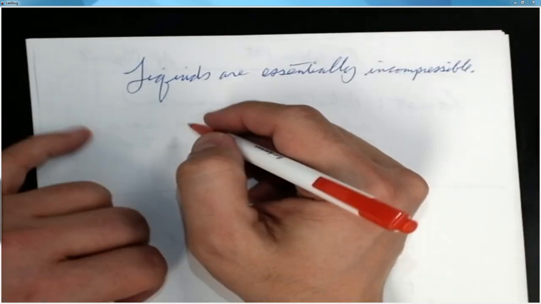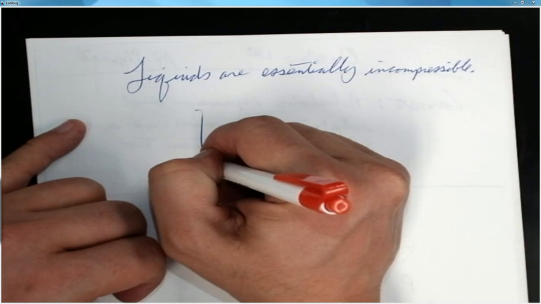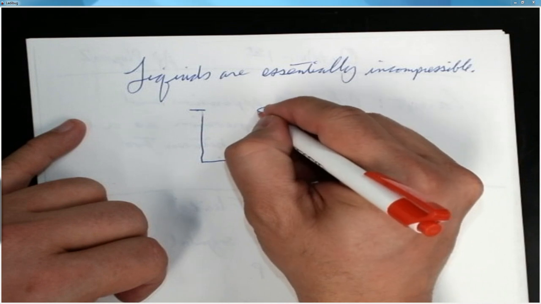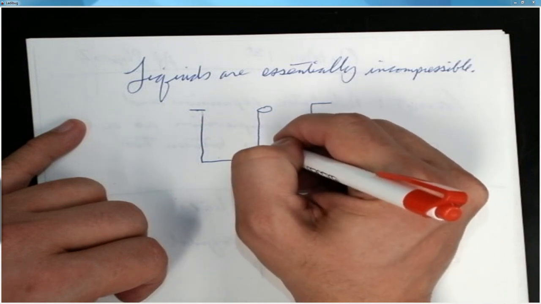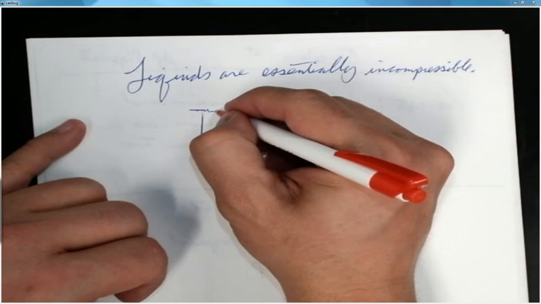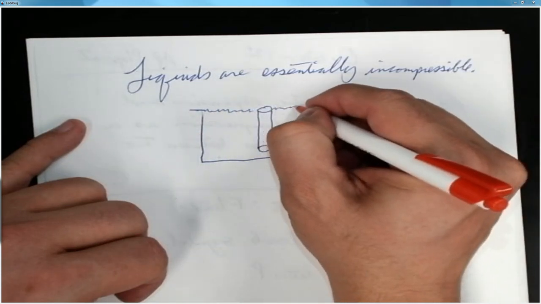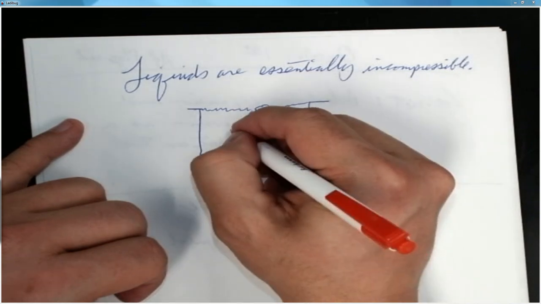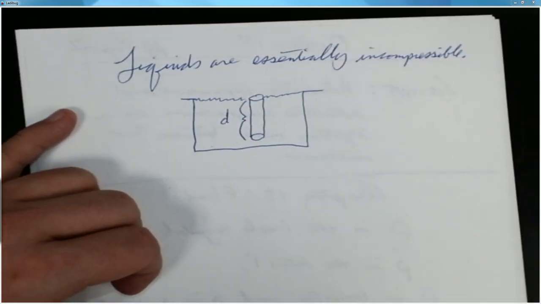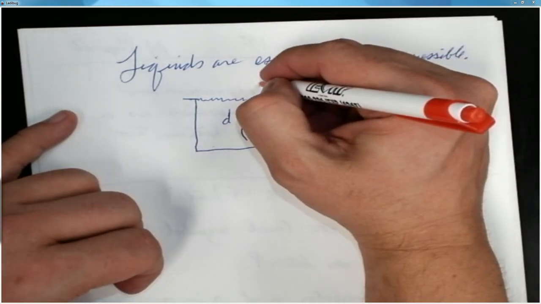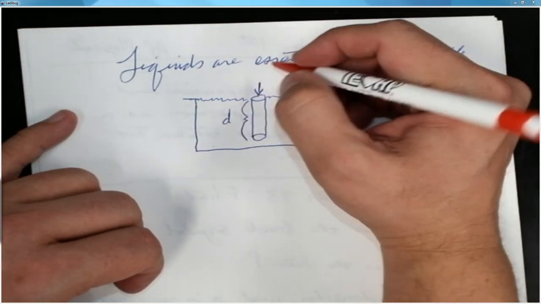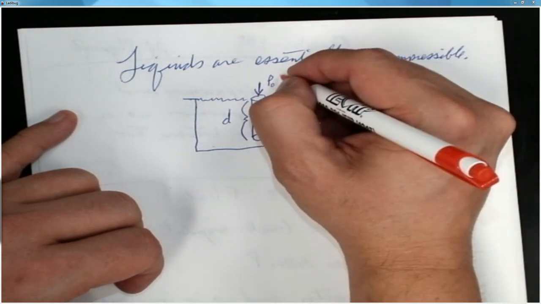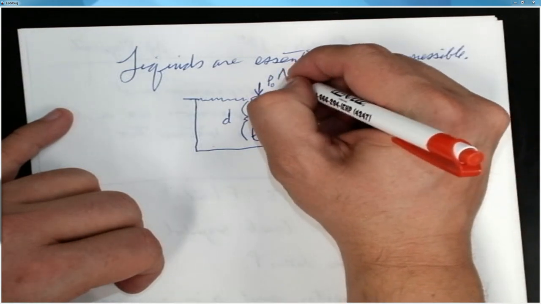So our picture looked something like this. We had a beaker. And we were taking just this little column of water, like this. That's the water because I can't draw, but whatever. So there's the water, and that's the depth that we have down here. And we have air. The air from outside is pressing down on our column of water, and it is exerting a pressure, P naught, or P sub 0. I'm going to call it P naught